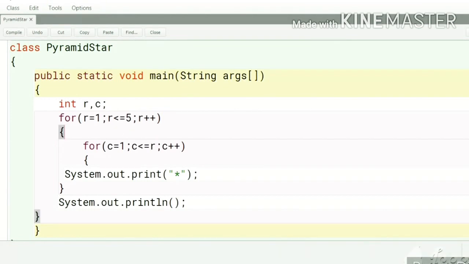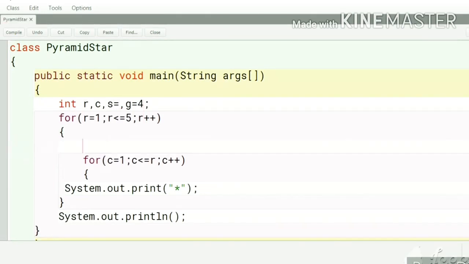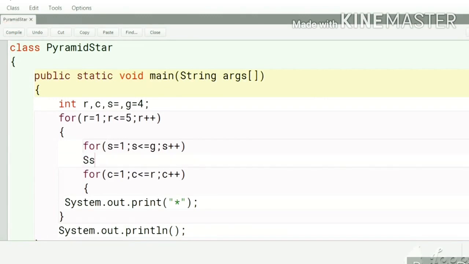For printing the space we have to take the data type here, the space s, and the gap g, take it as 4, and start one loop for printing the space: s equals 1, s less than or equal to g, s plus plus. Here for giving the space, System.out.print, double quote, space.